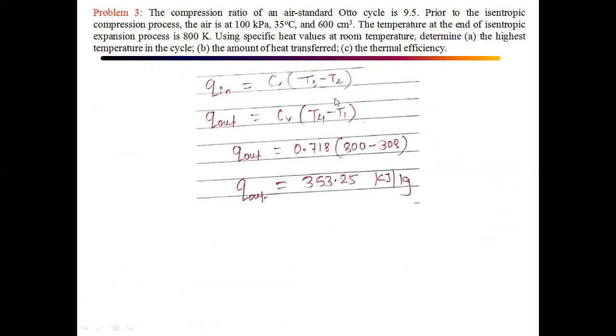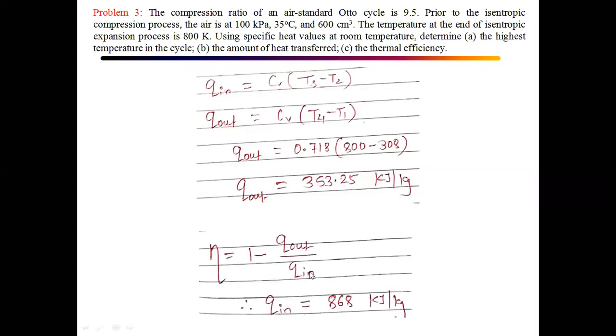Now over here to calculate the value of Q in, you require the value of T2. Again, T2 will be calculated in a similar way as the second numerical, that is by using the relationship for process 1 to 2: T2 by T1 is equal to V1 by V2 raised to K minus 1. Or you can also use the equation of efficiency. If any one heat is known, you can calculate the other Q by using the equation of efficiency, because efficiency is known in this numerical. Otherwise, you can also use this particular equation.